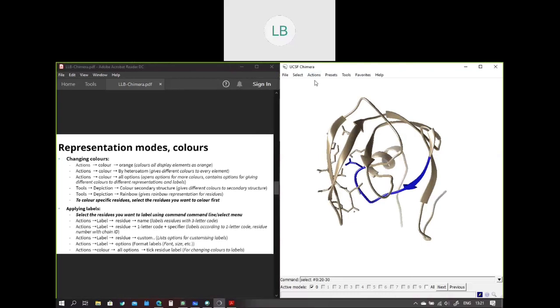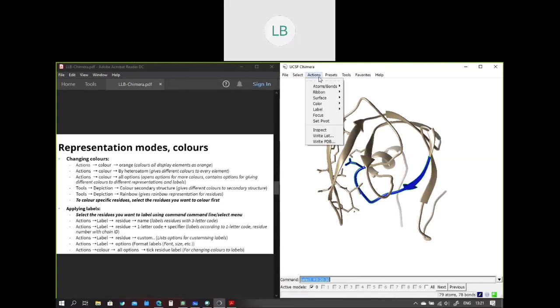Here we can see the name, element, and so on. This is for atoms. If you want to label residues, you need to go to residue and give the specific options for the residues. Let's say if we want to label specific residues, we have to do the same thing again. We need to select the residues. Let's say select number 0, 20 to 30. Give enter. It has selected the residue.